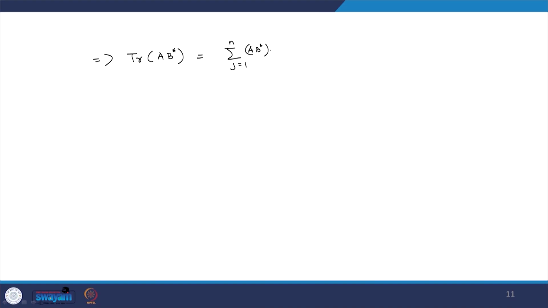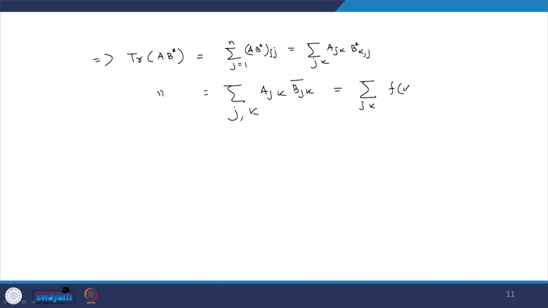(A B star) of j j, which is equal to sigma over j as well as, I can say, k, of a_jk and B star k j, and this is equal to a_jk and b_jk bar, and this is equal to sigma over j and k of a_jk, which we know is f of alpha k and alpha j, and g of alpha k and alpha j